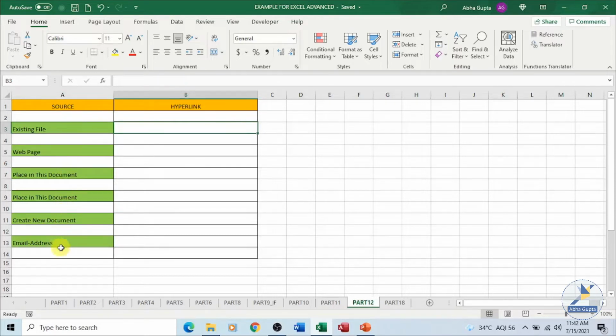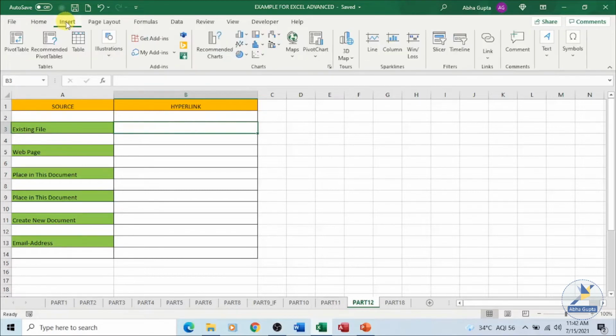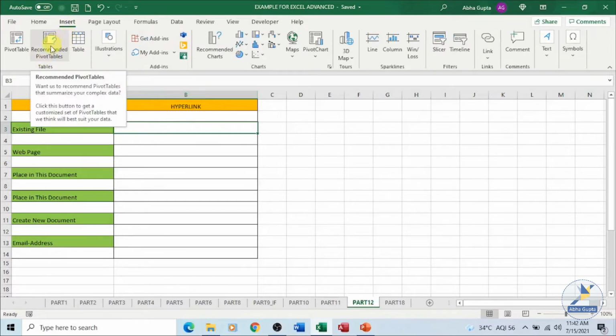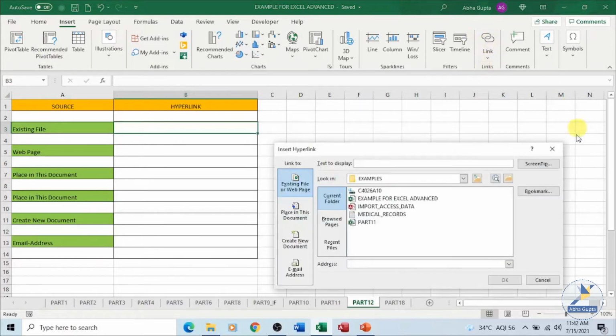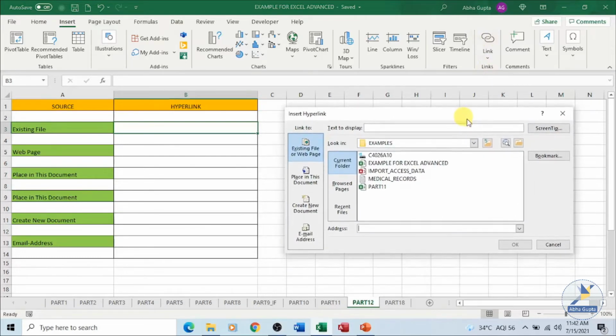These are all the topics which we are going to cover. We'll see how we can create a hyperlink. Say if I want to insert a link in this particular active cell, I have to go to Insert. In the Insert tab, in the Links group on the ribbon, you'll have a Link button, or if you are using a different version, you will have something known as Hyperlink. Click on Link and a dialog box will open. The Insert Hyperlink dialog box will open. It will be the same on each and every version.